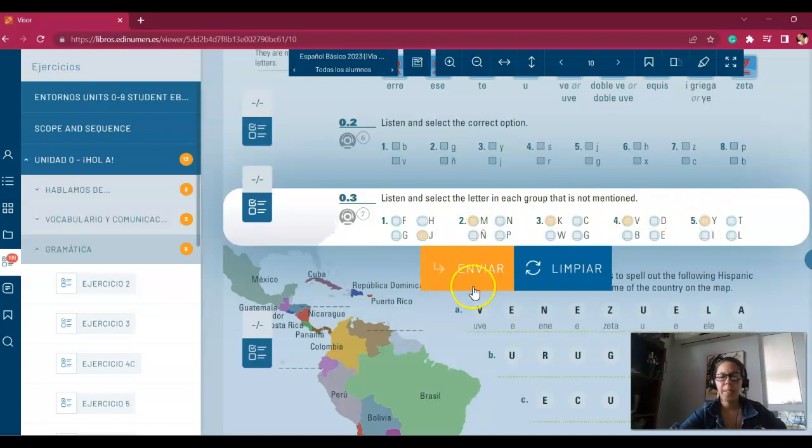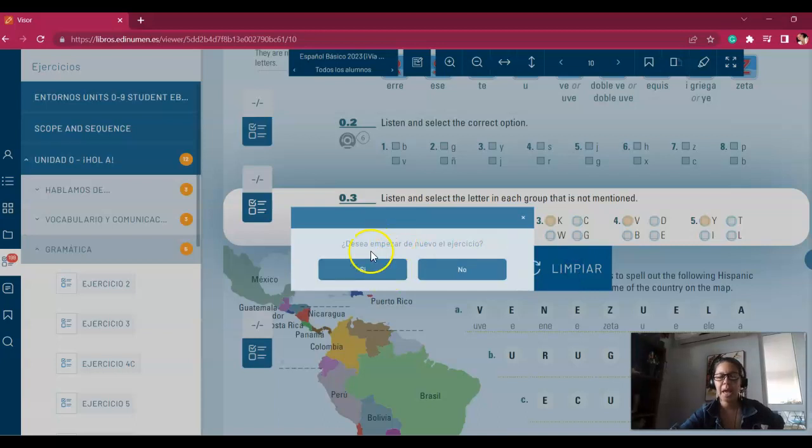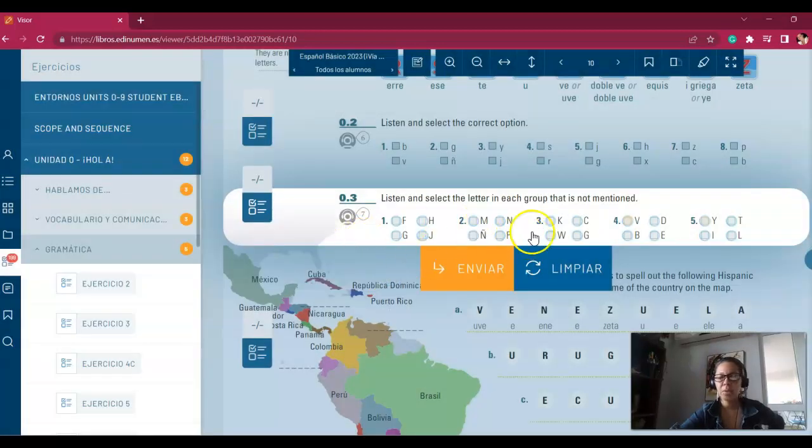Once it is done, then you hit enviar. If you want to clean or erase all those selections, then you click limpiar. Okay. ¿Desea empezar de nuevo el ejercicio? Do you wish to start all over again? Yes. And then you see, done. So this is what you're going to do, okay, with exercise 03, and then 04,